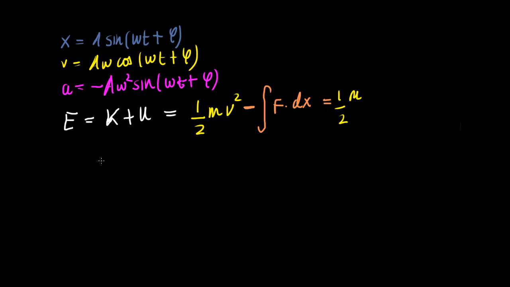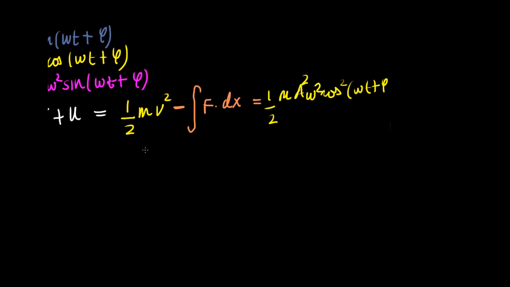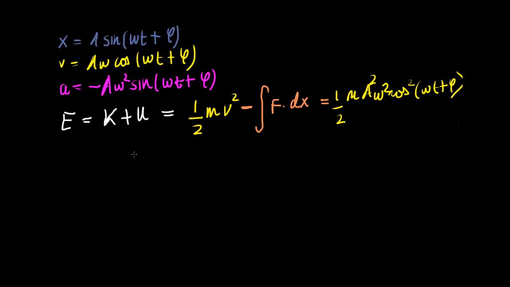So v squared is a squared omega squared cosine squared of omega t plus phi. Okay, that is a bit congested, so I'll just rewrite this here. So the energy equals half m a squared omega squared cosine squared omega t plus phi